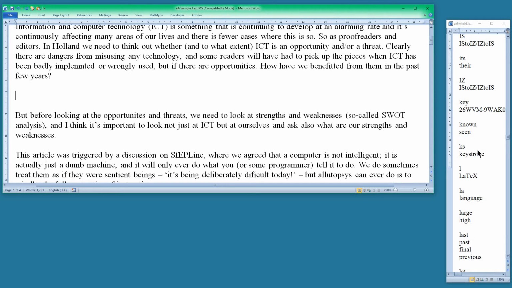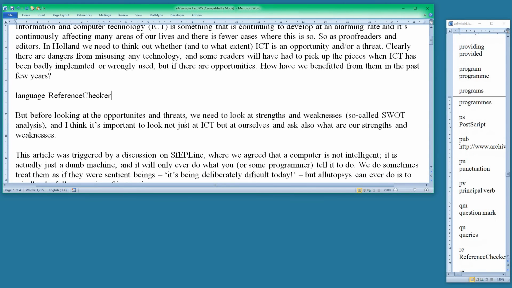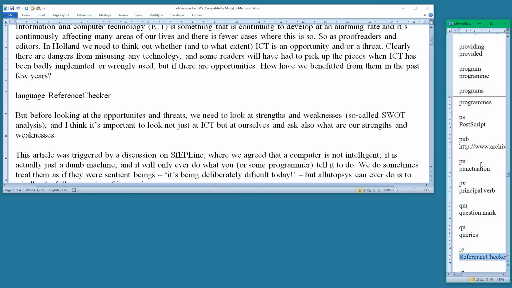And the other thing to mention is that I use it for abbreviations. So if I want to type the word language, I do LA and then just run the macro, or RC and run the macro, and you get reference checker. And as you can see, when I do use it, the list moves to that particular word in the list,